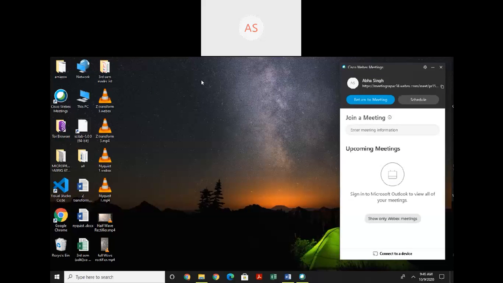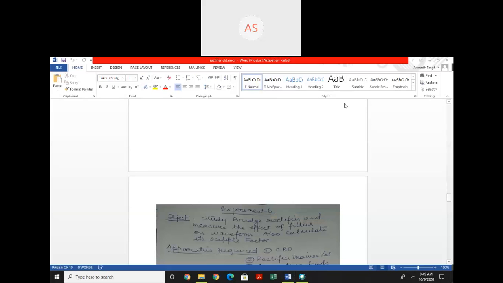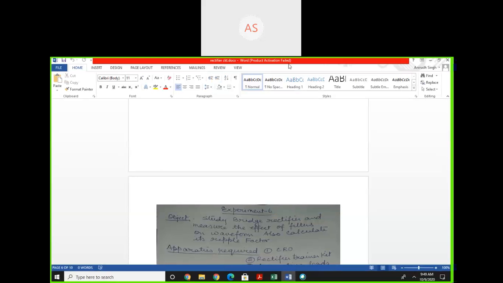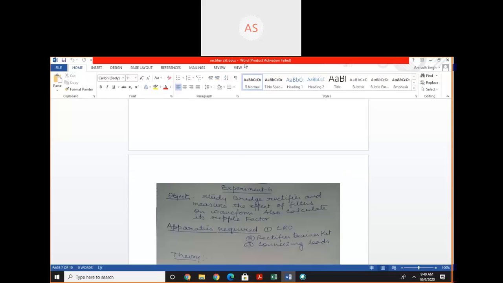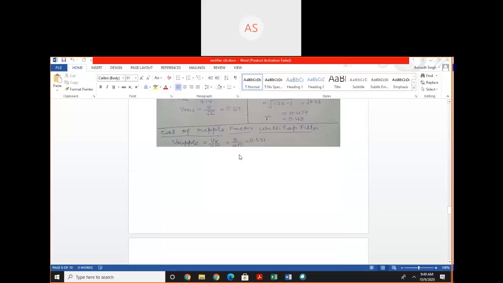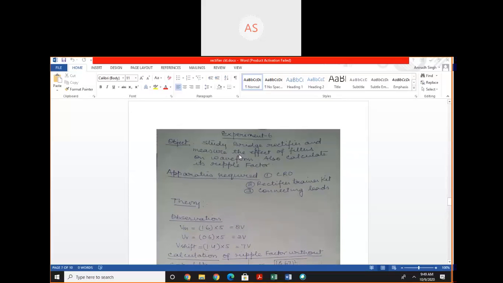Here we get a filtered output waveform, and in this case the value of Vm is 0.6 multiplied by 5 volt. If we want to see the shifting in this wave, shifting is 1 block 0.2 0.4. Shifting is 1.4 multiplied by 5 volt. Thank you.